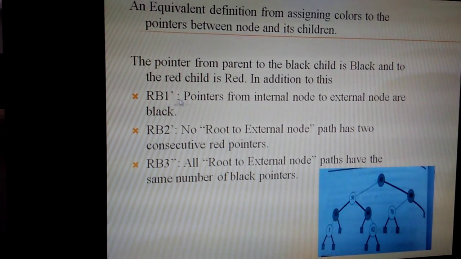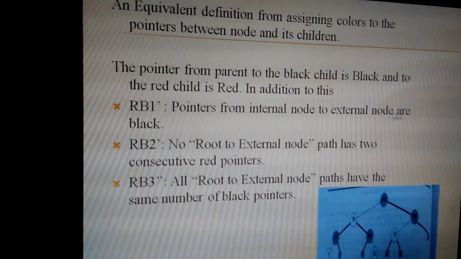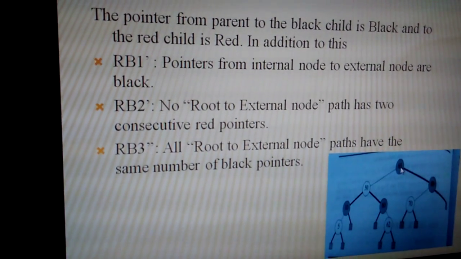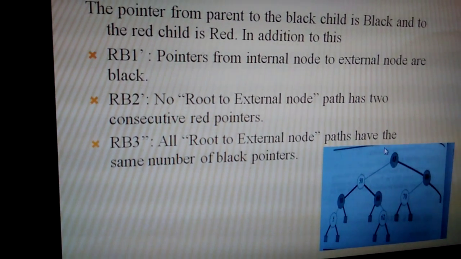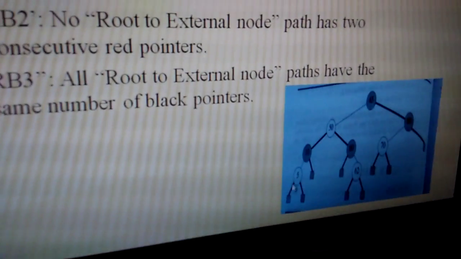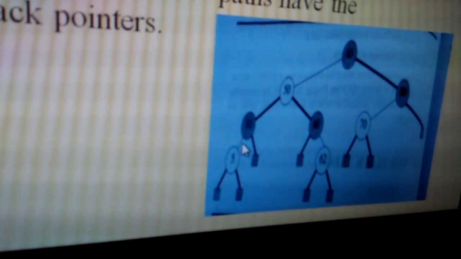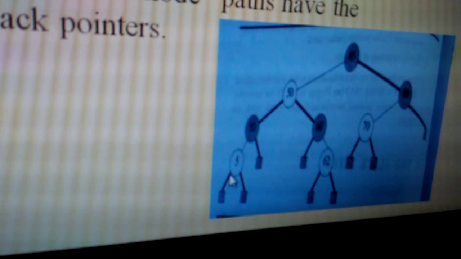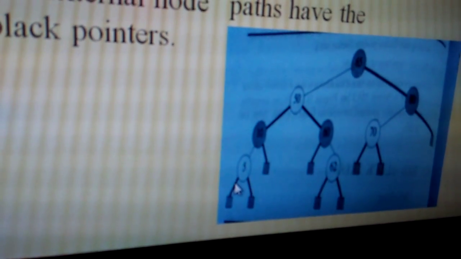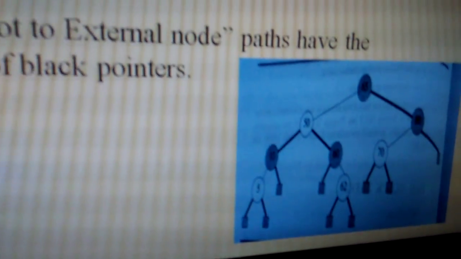The first property is that pointers from internal nodes to external nodes are all black. This is the internal node and this is the external node, and from this internal node to the external node the pointer is black, so it is satisfying. A thick line represents black, and a thin line represents red. Here we are representing it with black, so it satisfies property 1. Coming to the second property,